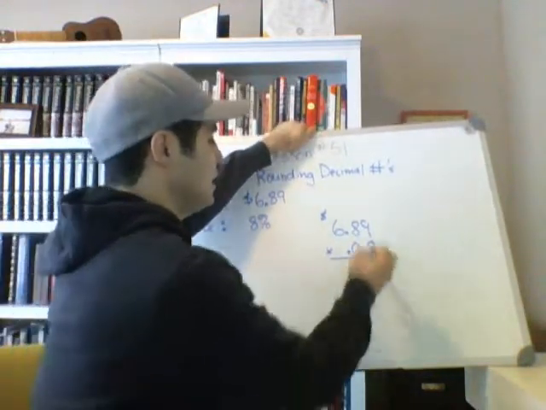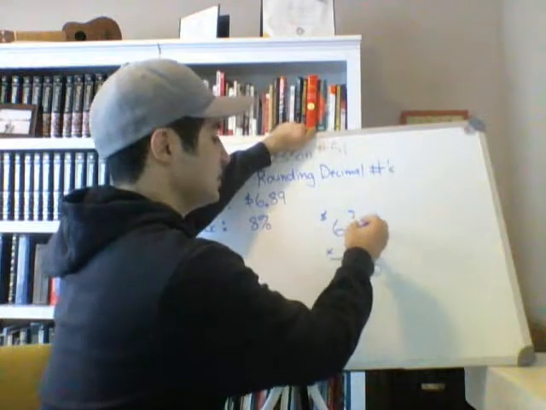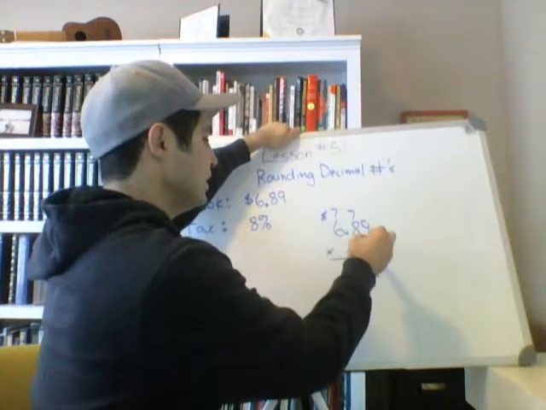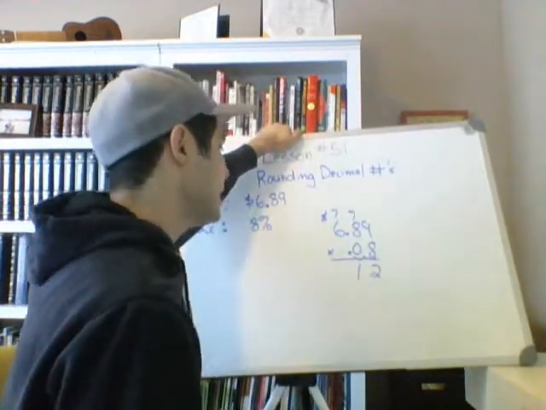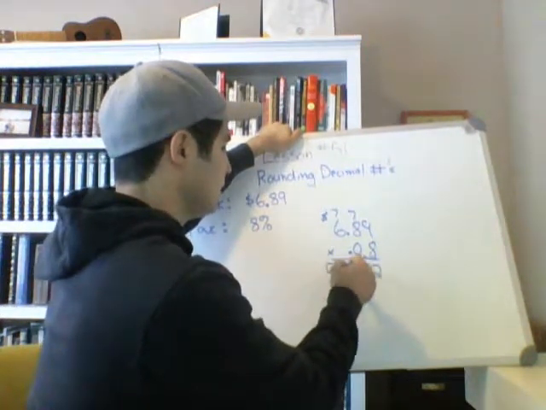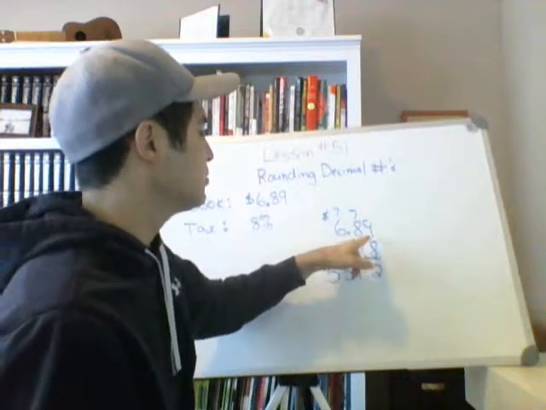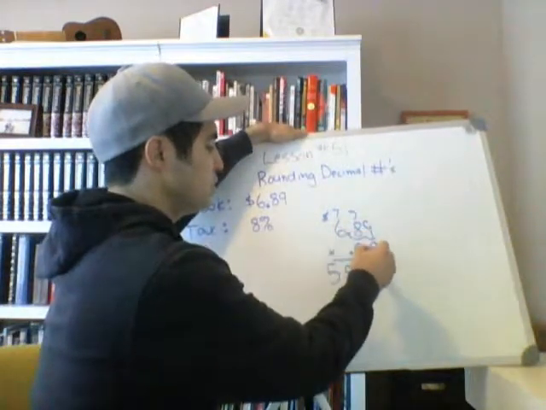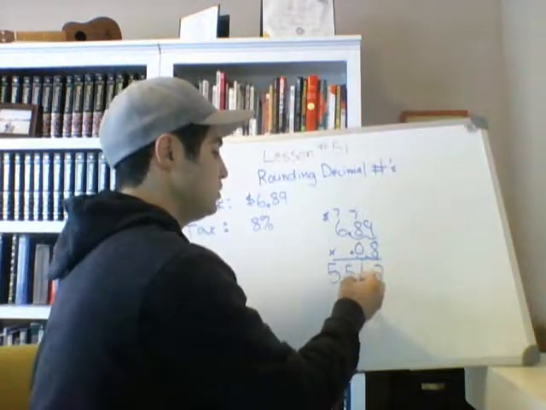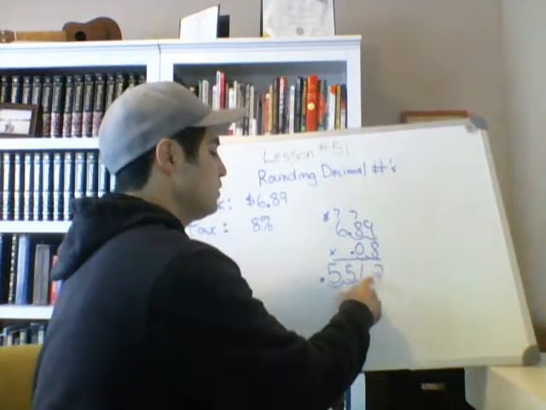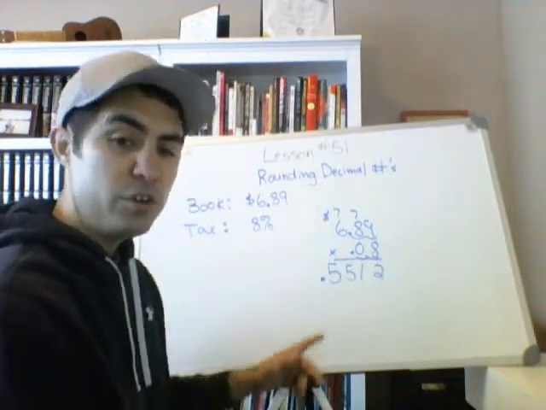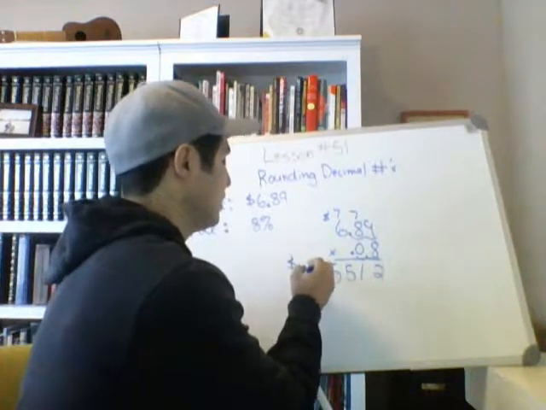Alright, now you can multiply it out. 8 times 9 is 72, carry your 7. 8 times 8 is 64, plus 7 is going to be 71. 8 times 6 is going to be 48, plus 7 is going to be 55. Then, since the decimal point has been moved 1, 2, 3, 4 places over on top, you're going to move the decimal point 4 places over on bottom. 1, 2, 3, 4. So the decimal is going to go in front of the 5. Alright, so the sales tax is going to be, you can put a 0 in front there,